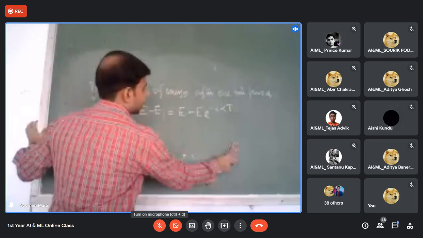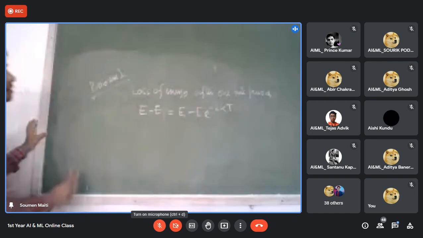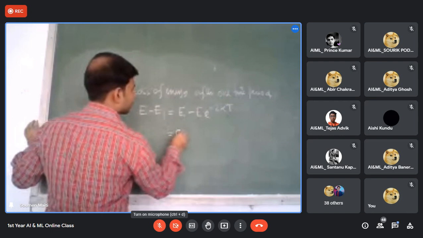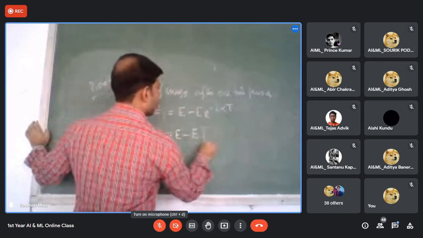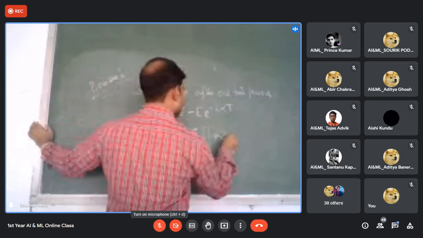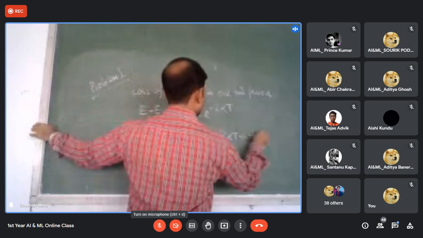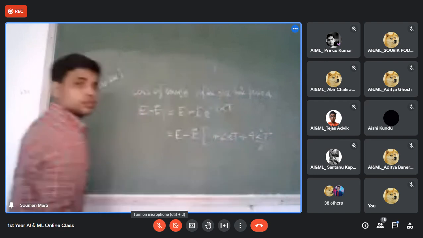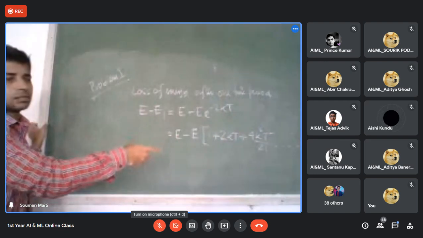अब बेटा k का वैल्यू स्मॉल है, इसको कैसे एक्सटेंड करूं? If the e to the power k value is small, can I write it down? e to the power minus... 1 plus 2kt plus 4k square t square by 2 factorial, like this one. Yes or no? Exponential series.